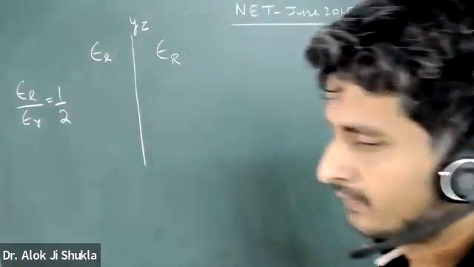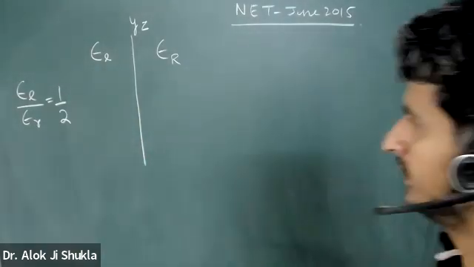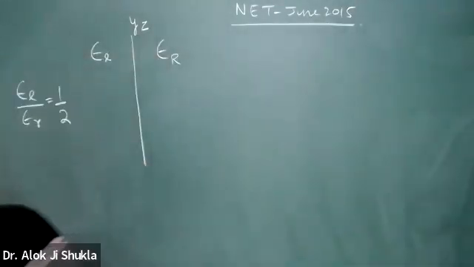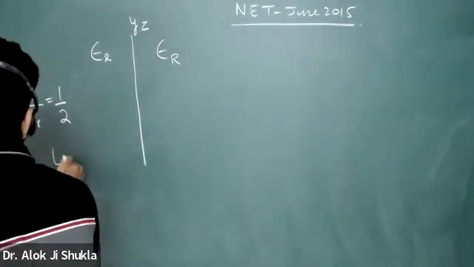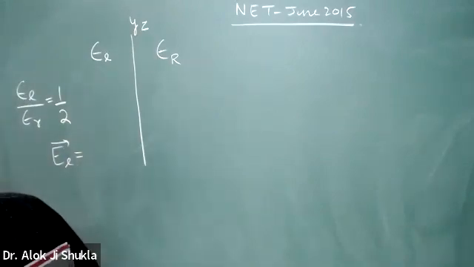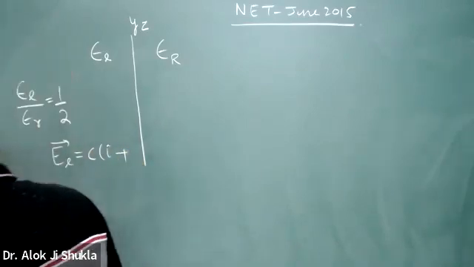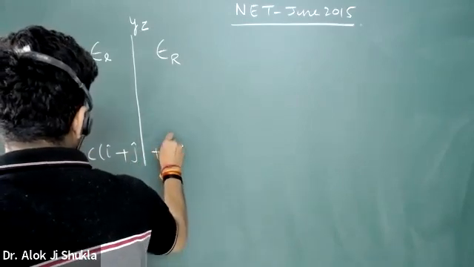Okay, it is 1:2. So that means this is rarer medium, this is denser medium optically. If the uniform field E left is given, E left is equal to C I cap plus J cap plus K cap,